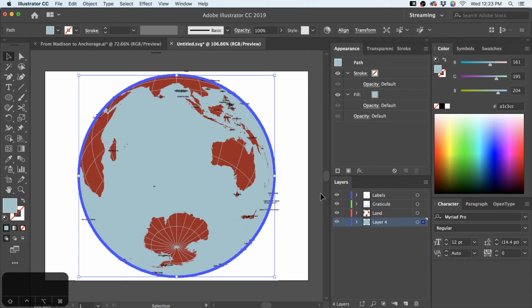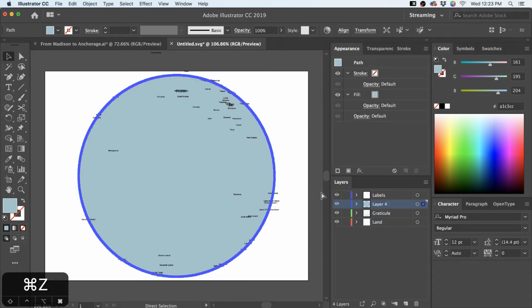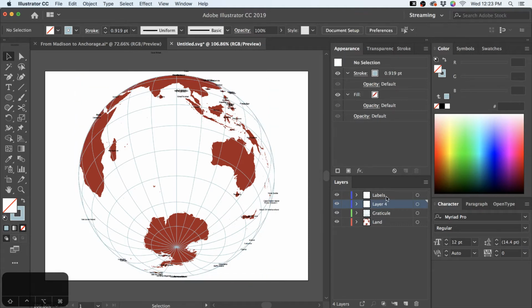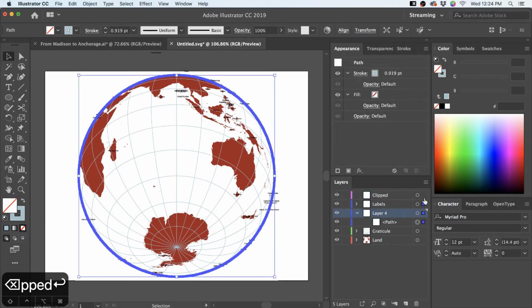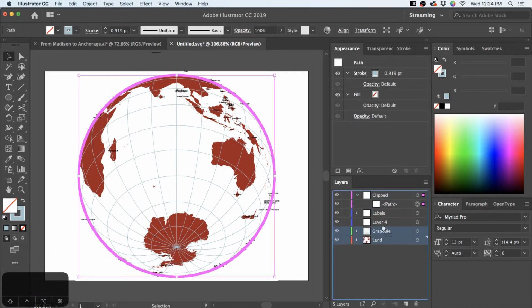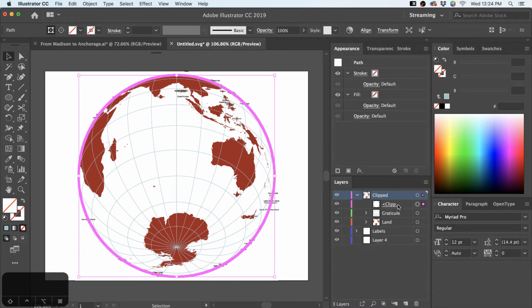One thing I can also do, though, a little trick I like to use, is to fill in a clipping mask. So if I create a new layer, and we'll call it clipped, and if I put that object right on that layer, and make sure it's the first thing in the layer, and I put other things in there with it, and I hit the clipping mask button, whatever is here, the very first thing in the layer clips everything else below it, including sublayers.